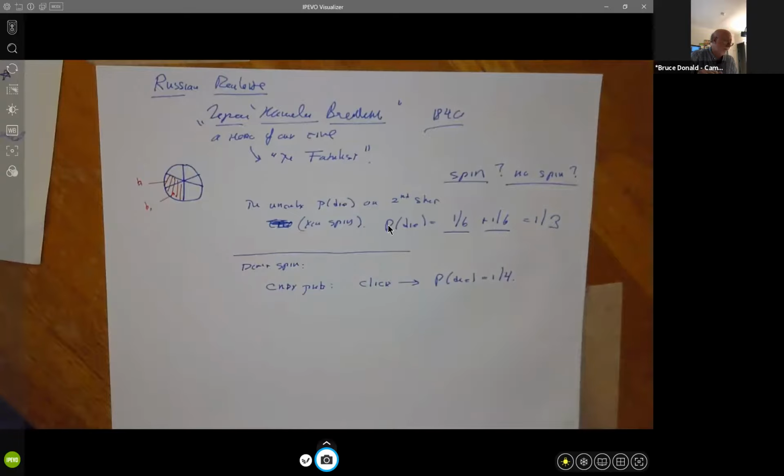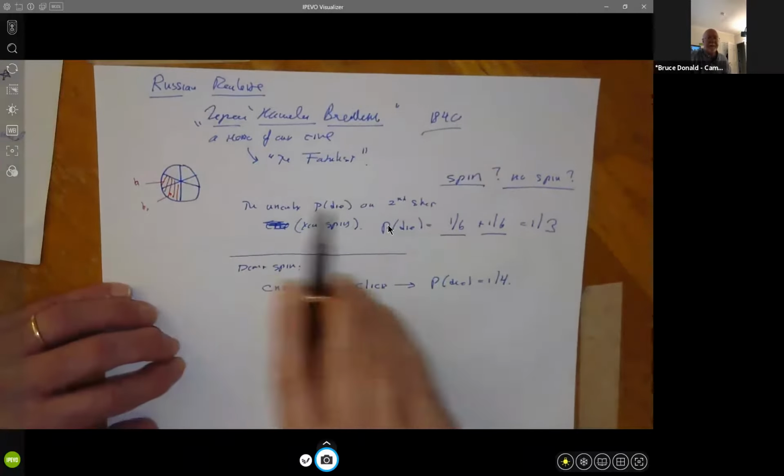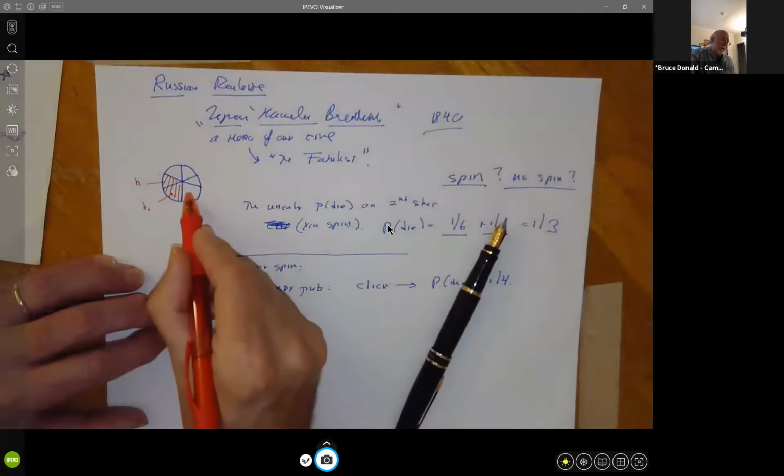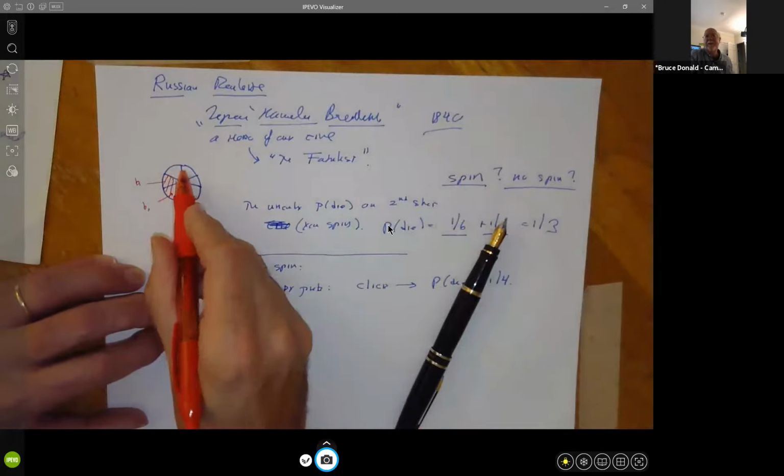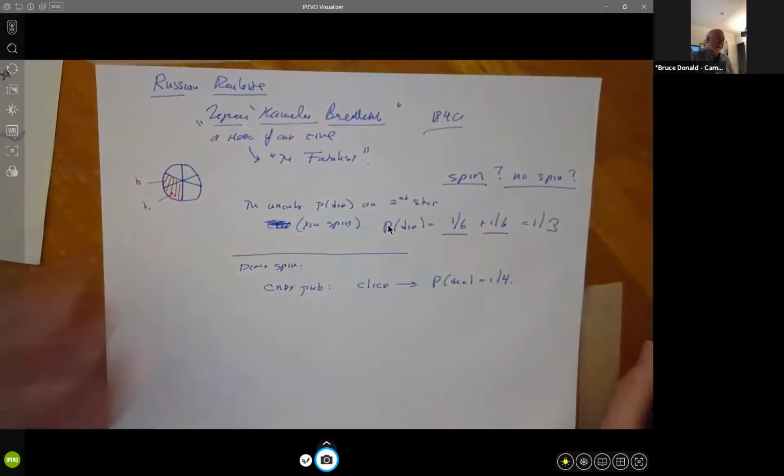Yeah. Though you did say that only one space is next to a bullet, but isn't there two slots that are next to a bullet? Yeah, but it only rotates in one direction, right? It rotates consistently. So one will rotate away. So depending on what your convention is, if you're here, you'll rotate onto a bullet. If you're here, you rotate away from a bullet, right? They have to rotate in the same direction. They can't rotate arbitrarily. Make sense? Yes. Thank you. Okay, good.